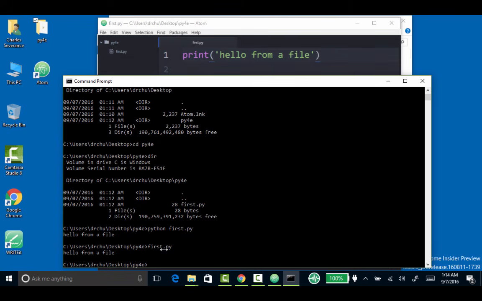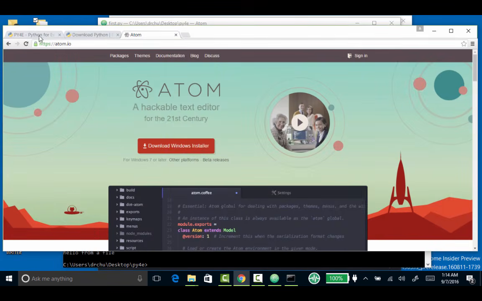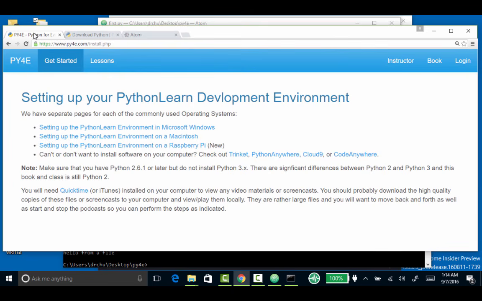And that's because this file association has happened in Windows. This doesn't work in Macintosh. This only works in Windows. All files with .py are expected to be Python, and it knows where the Python interpreter is to run it. Okay? And so I've got Python 3 installed, and that gets me started. And so I hope that this little introduction about getting things started and writing your first Python program has been helpful to you.